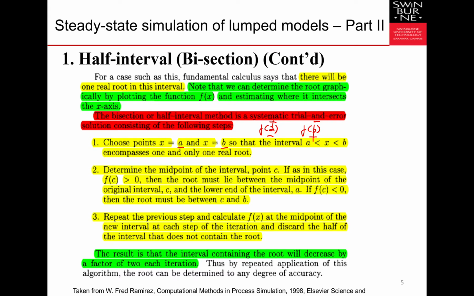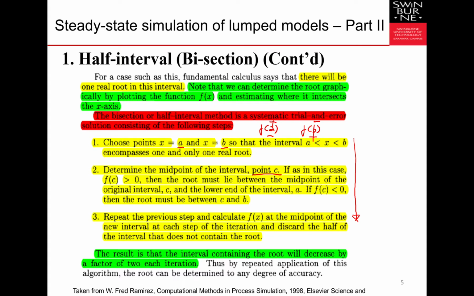Then you halve the interval between A and B, and check the value of the function. If the function is positive, it replaces the previous point at which the function was positive. If it is negative, it replaces the previous point at which the function was negative. This keeps repeating until it's very close to 0. Using bisection, the interval containing the root decreases by a factor of 2